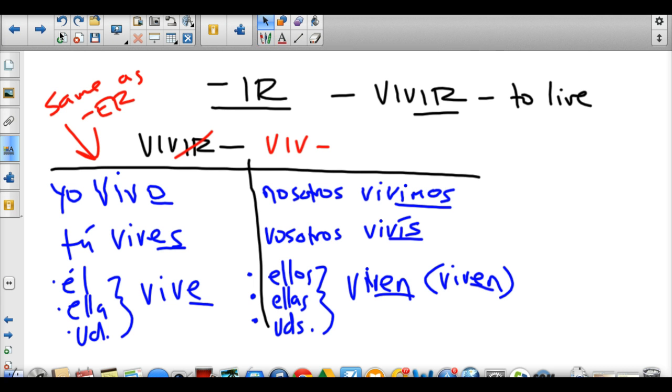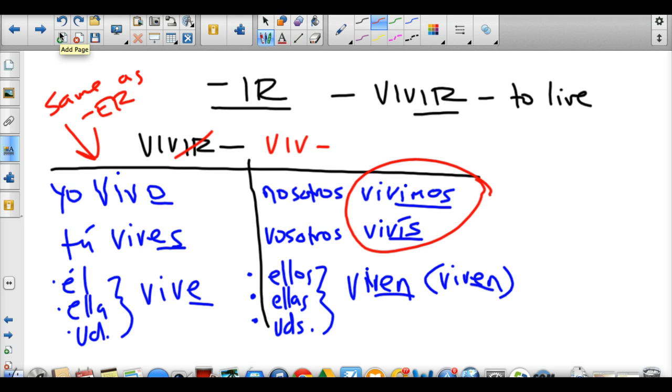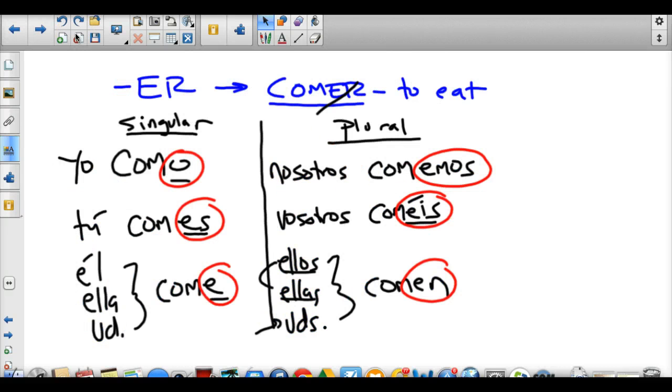The only ones that are different between the ER and the IR verbs are these two, where we have this I here and we have this I here. Other than that, they're the same. So let's review and let's put it all together. So we have talked about so far